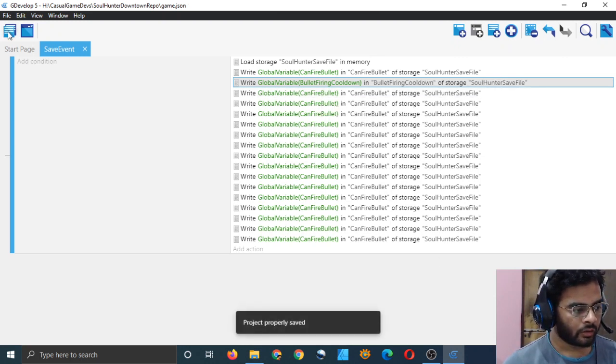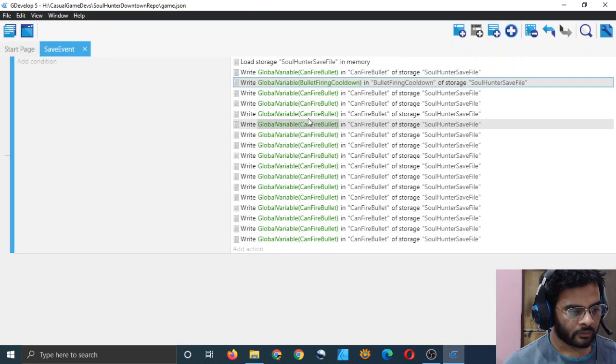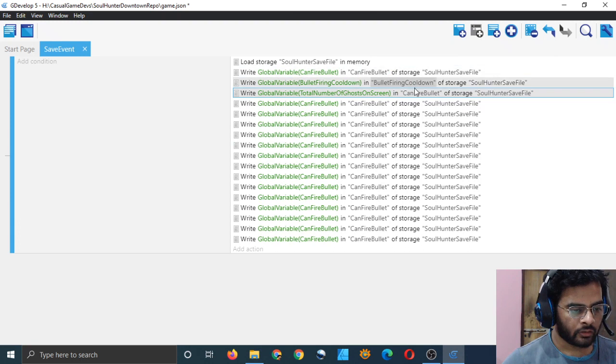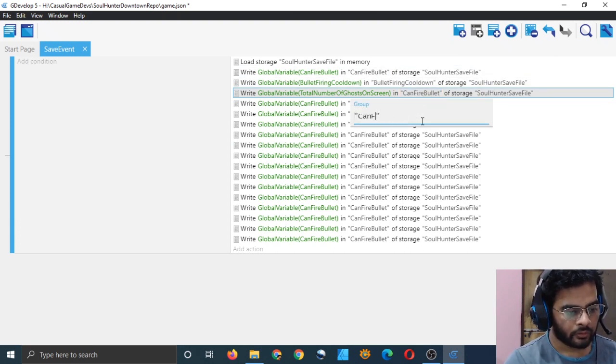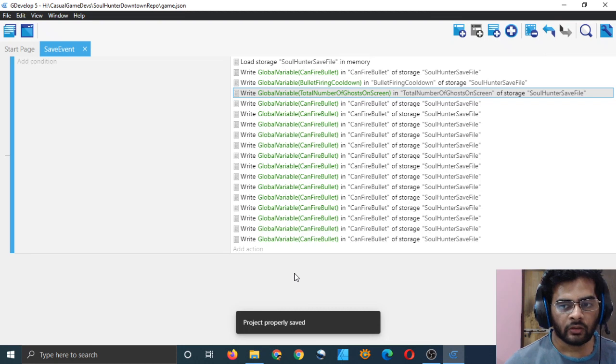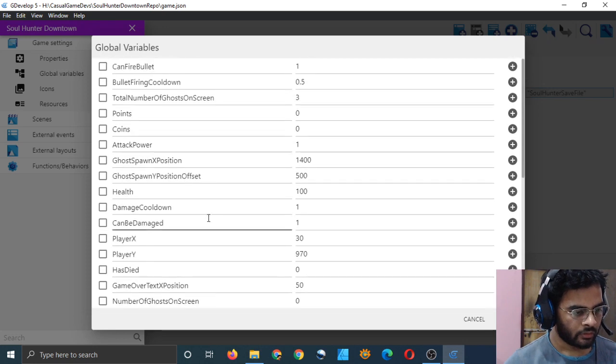Okay, I believe you know what I am doing. Total number of ghosts on screen. Making a lot of variables is also not a good thing. This will increase a lot of code which we will have to write. So like this, what I am going to do is just type down all these variables.